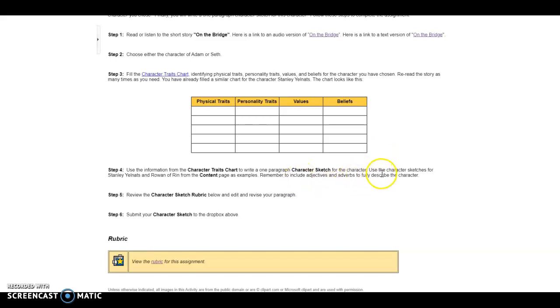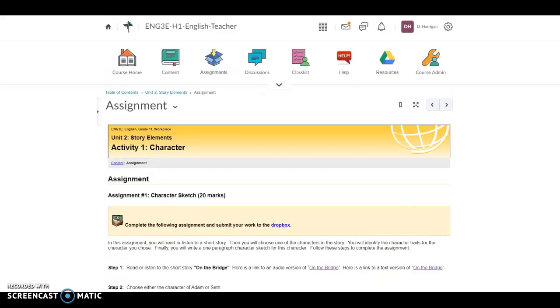So in your paragraph, you're going to make sure that you include adjectives and adverbs to fully describe the character. The purpose of your paragraph is to describe the character traits of either Adam or Seth, whichever character you chose. And you can go back to the content if you want and look at the examples of Stanley and Rowan. So for example, if I go back to the content here,